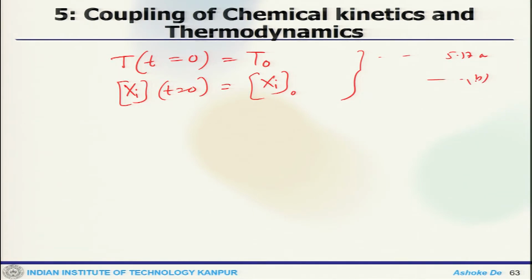Now, the functional forms of these two equations are obtained from equations 5.10 and 5.15, while 5.11 gives you enthalpy and equation 5.12 gives volume. But what happens most of the time is that there is no analytical solution. So, one has to go by some numerical technique, like numerical integration, which is capable of handling this stiff system.